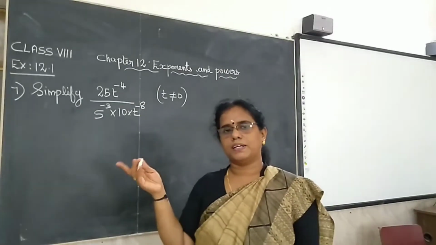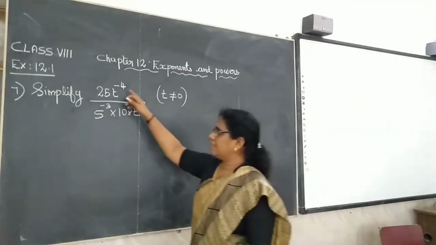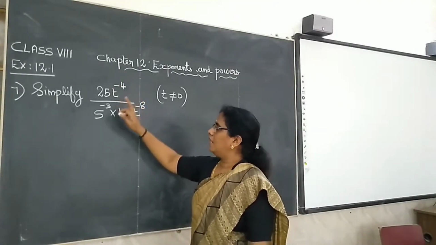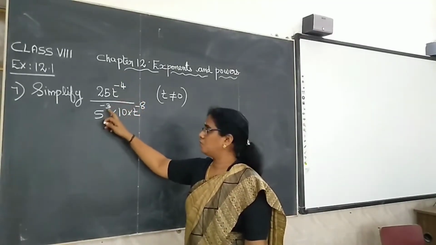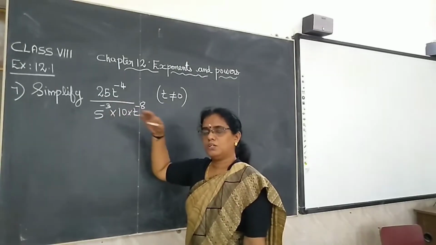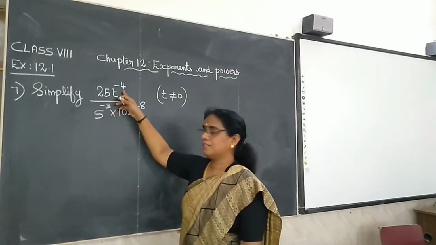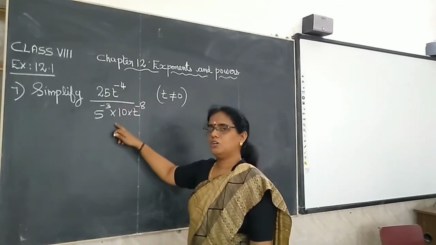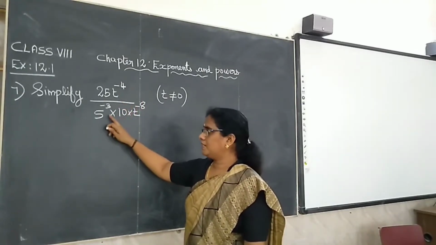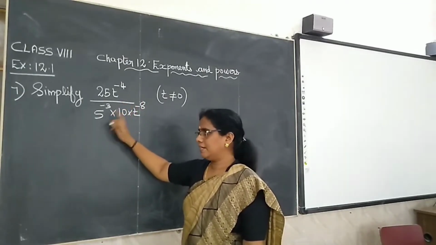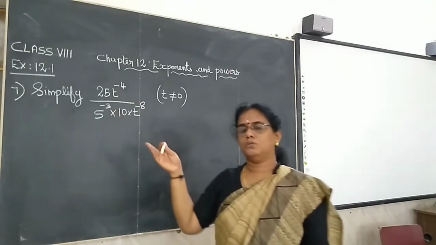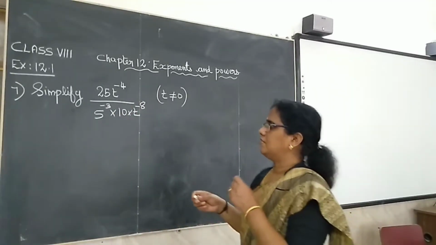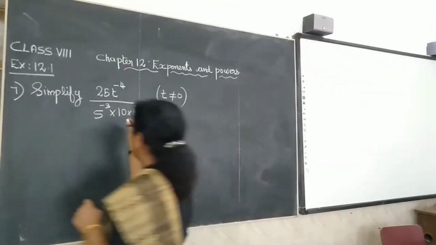Here t raised to minus 4. Power is negative. Power means that here minus 4 is the power. And here also the power is negative. So in the numerator, if the power is negative, we can make it positive by taking it to the denominator. And in the denominator, if the power is negative, we can take it to the numerator so that the power becomes positive. That is the first thing we are doing. So we can write this as